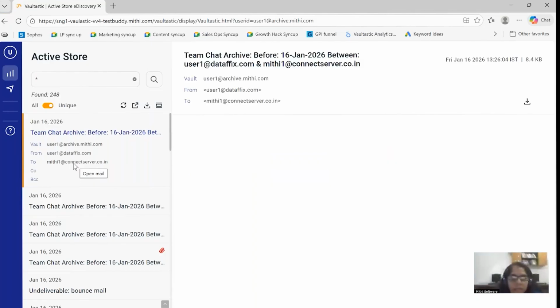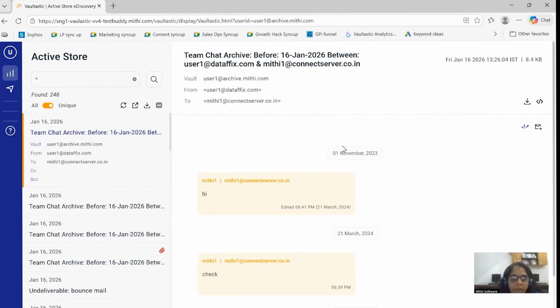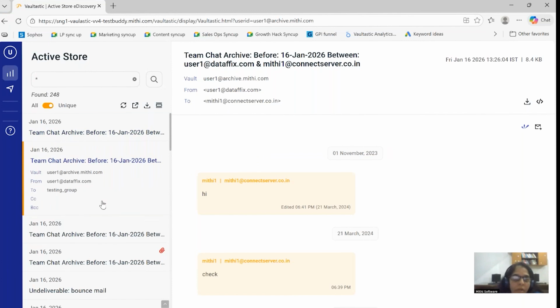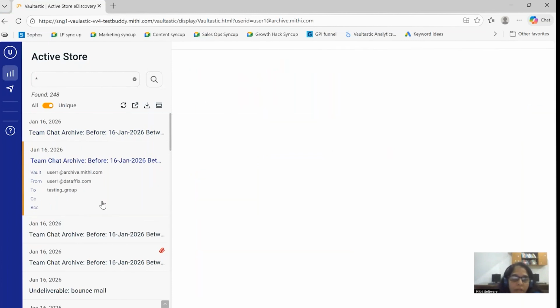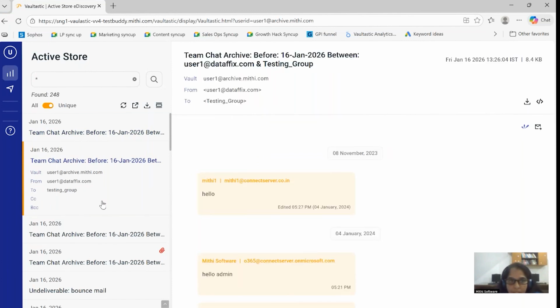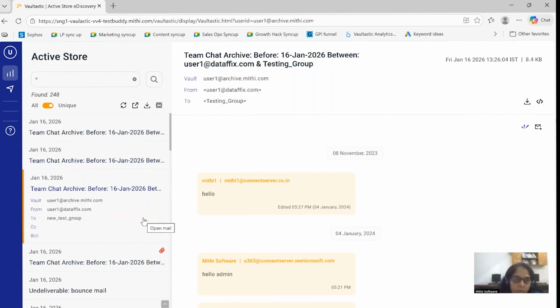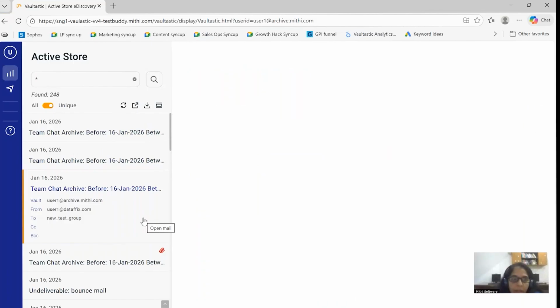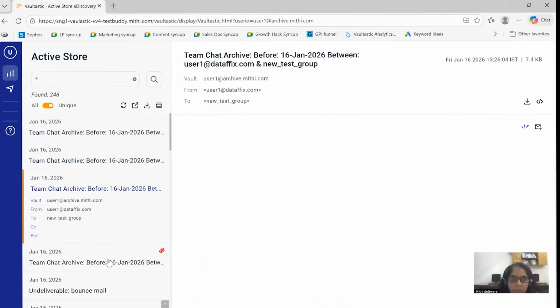That's another domain we have on M365. So this chat transcript is between these 2 users. This is all the chatting user 1 did on testing group in before 16 Jan, right? This is another group, right? And this last one, if you see, is the